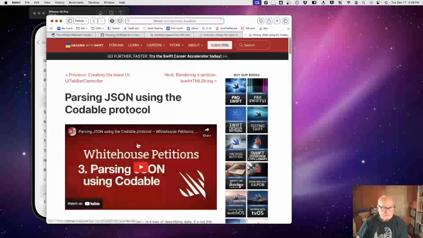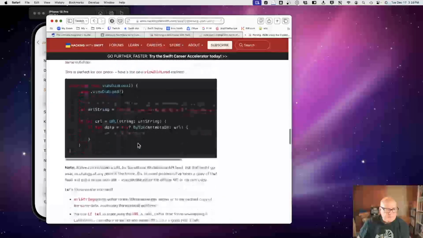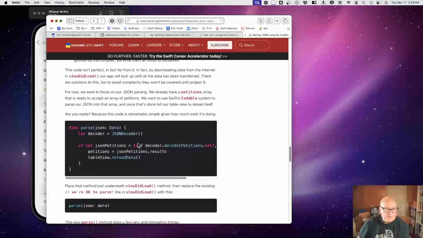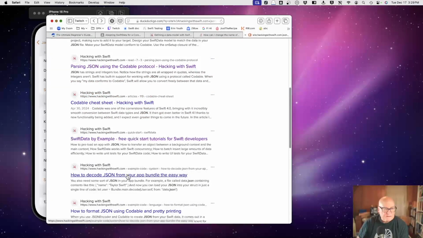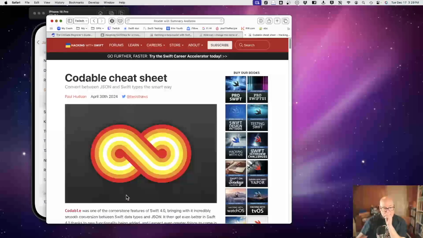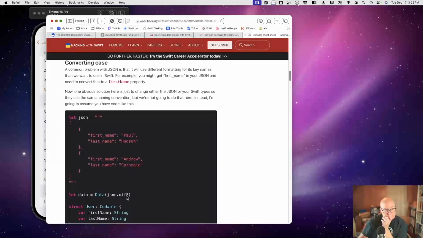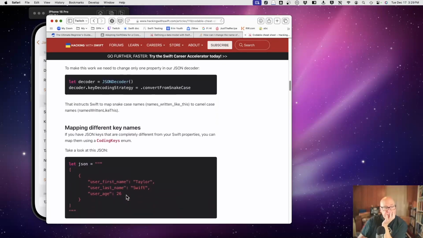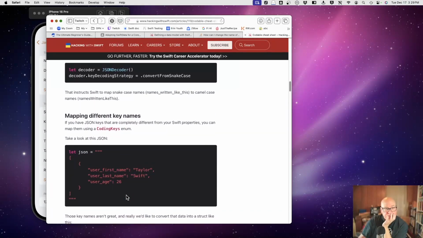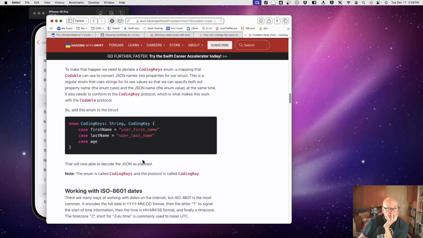It might have been this. Oh no, I saw a cheat sheet a minute ago. Codable cheat sheet, that's the one. Oh, it is the coding keys.